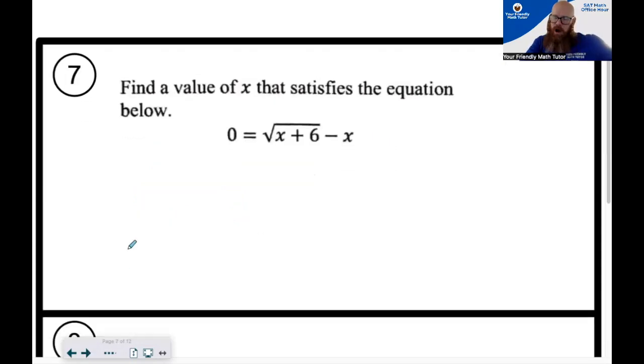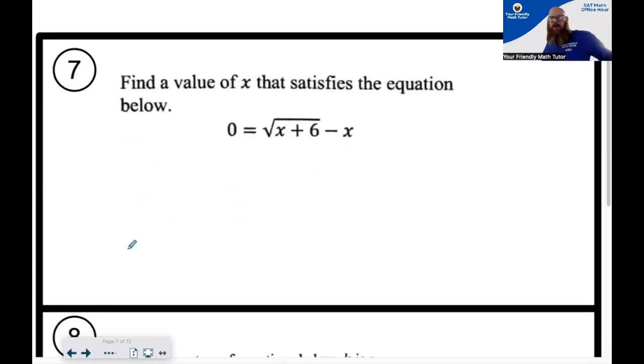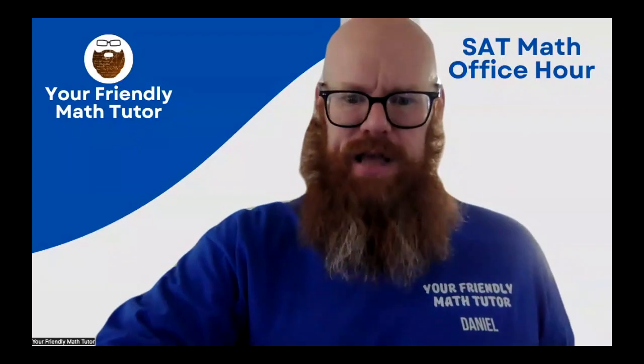Number 7. All right, here's the deal. Find the value of x that satisfies the equation. The reason I threw this in here is this is, again, just another equation that we're going to use. I would pretty much always use Desmos to solve radical equations. Radical equations just take a little longer to solve when you have to square both sides, and then you've got to factor and then check for extraneous solutions. So just knowing that going in, I'm typically going to use Desmos to solve